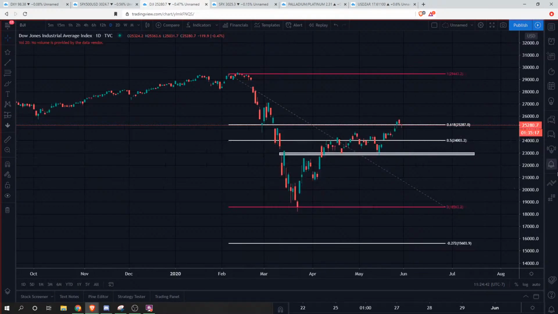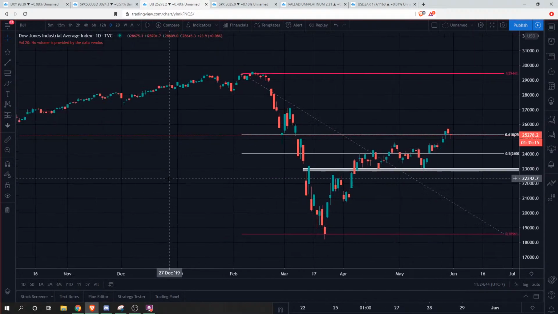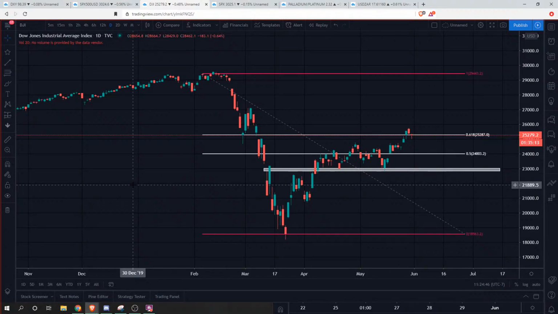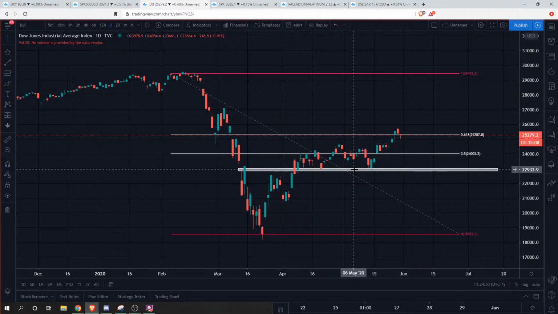All right. Next thing we're going to be looking at is a few larger charts with some candlesticks here. This is the Dow Jones. We haven't looked at the Dow Jones in the previous chart, so this is what we're going to be looking at right now. We did see that there was a floor made at around 23,000,